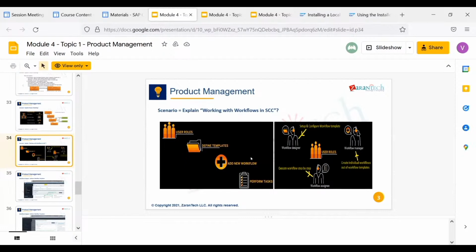We have a separate workflow extension, where we define the workflow. Let me explain with a real scenario example. Let's say hybris e-commerce receives the product information